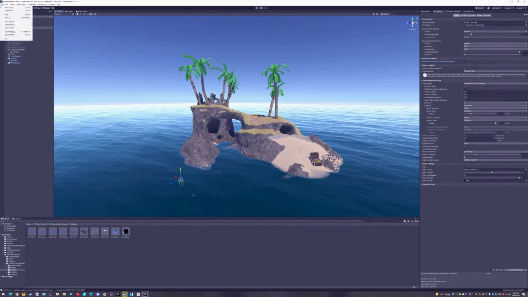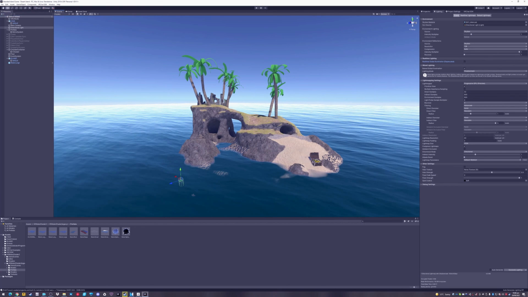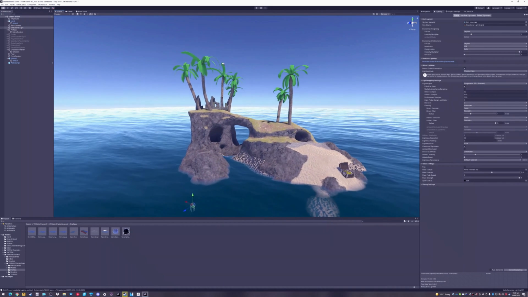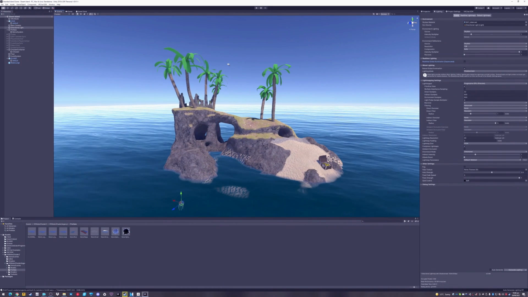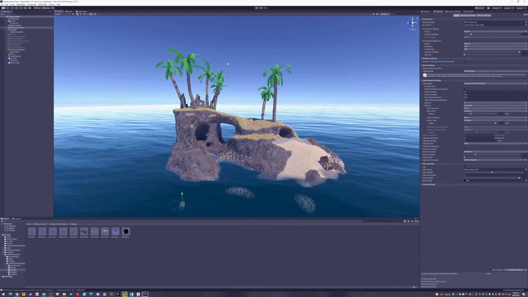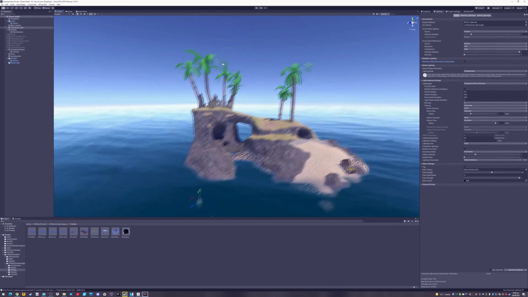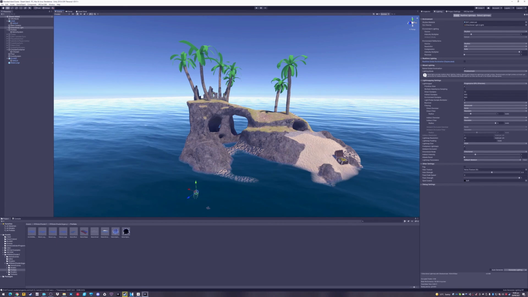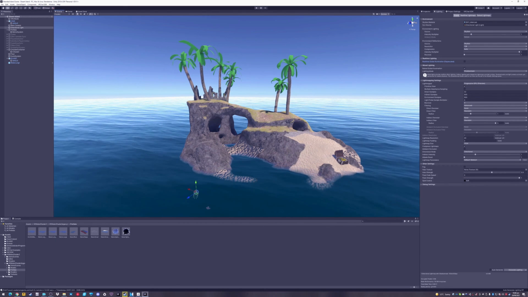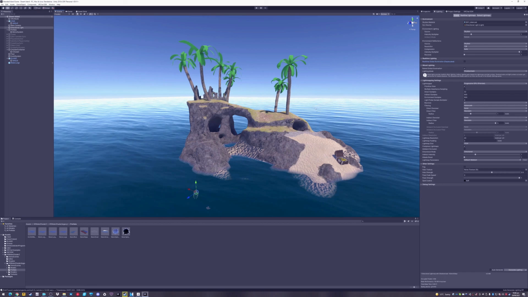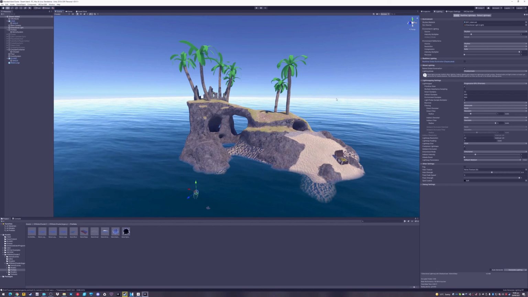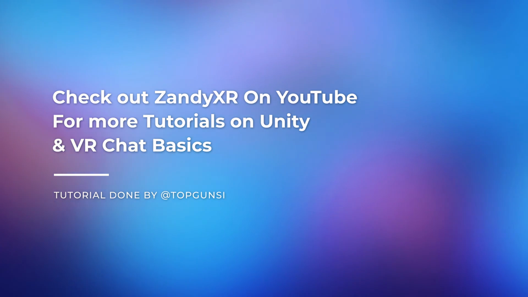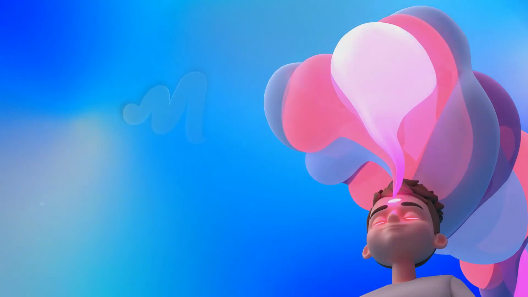Okay, so it's finished baking. So we've got our lights all baked. It's looking really good, looking around the island there, shading and all that. Looking really nice. Okay, so we'll just center our view back up. Now you want to go up to the top and make sure that you save your scene. Click save. And that's it for part 1. Next part we'll be back in Masterpiece Creator, exporting an object that we can then rig in Masterpiece Motion to add an animated asset to this